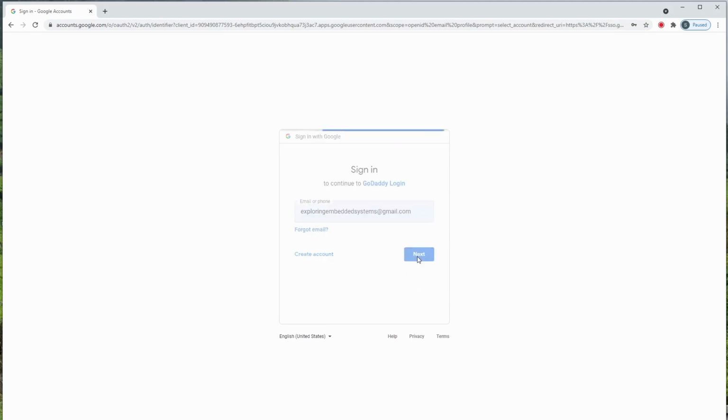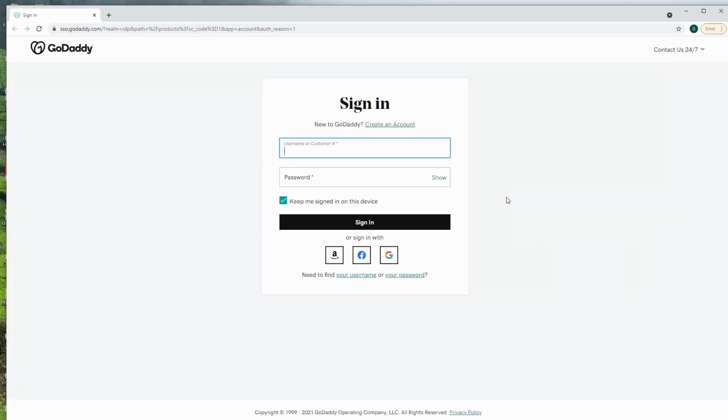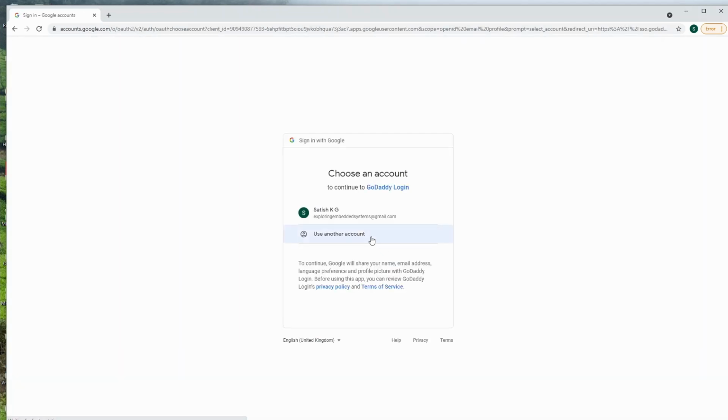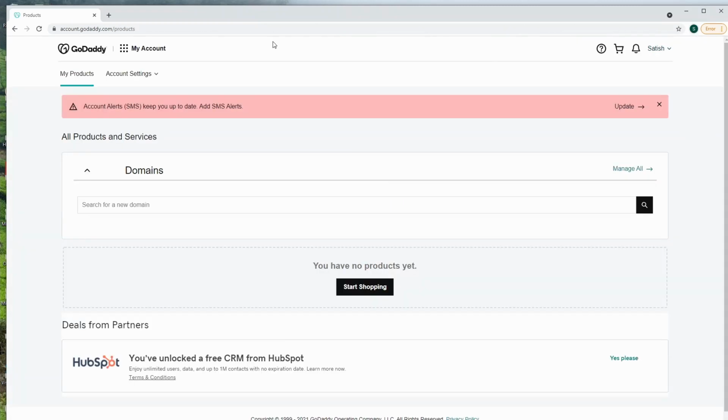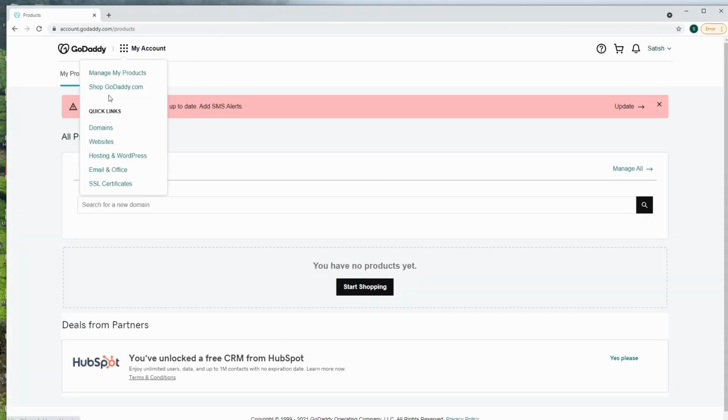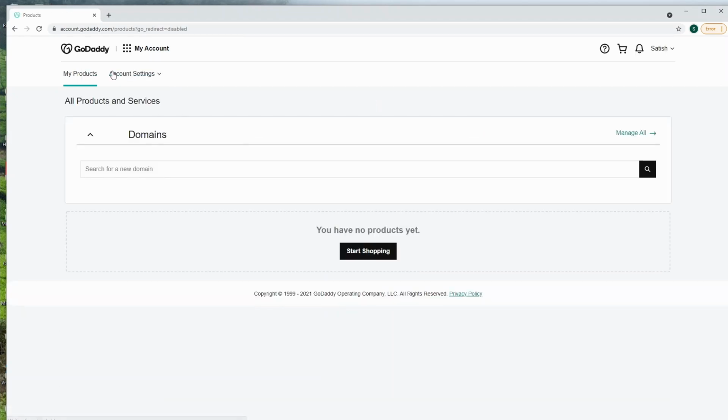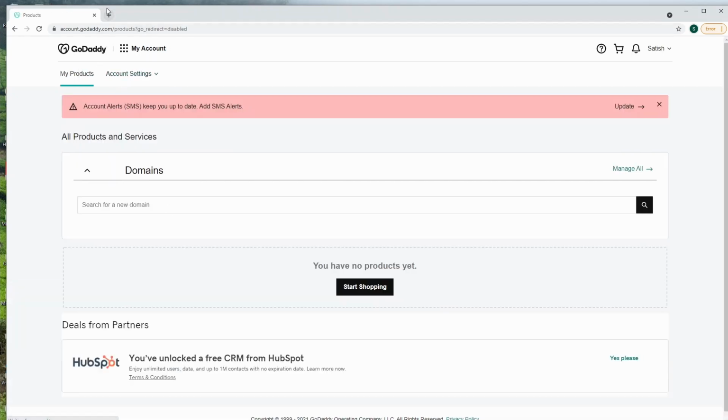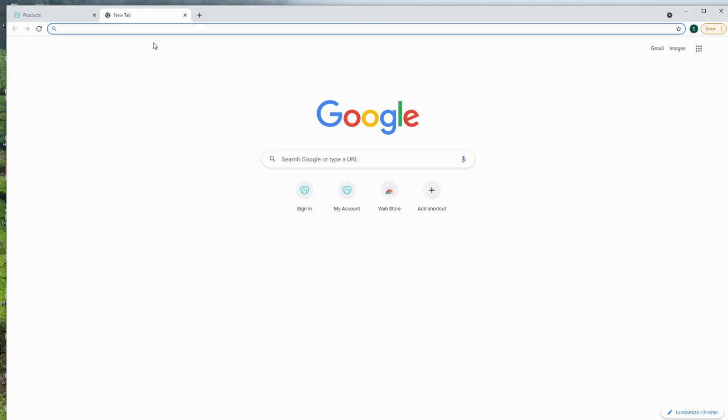Let me go with Google. Once you have registered, let me sign in with that. I don't have any product, so let's buy one Windows hosting.